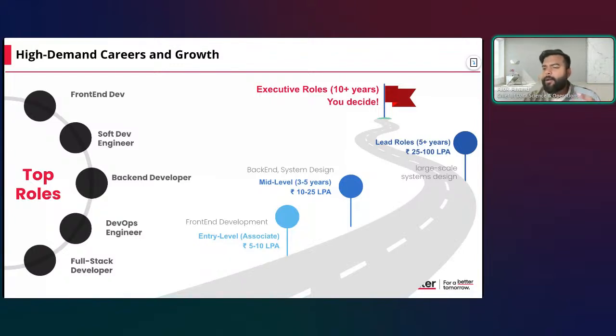Now, looking at different roles, when I talk about developers, there are different roles you might have seen on the internet, on job postings, and one of them is very clearly mentioned as front end developer. Another can be software developer, back end developer, DevOps, full stack developer. If I talk about the front end developer, it means you are working as a developer who will be responsible for creating the application that is shown to the user at the end.